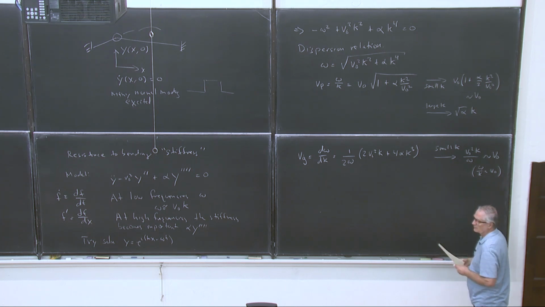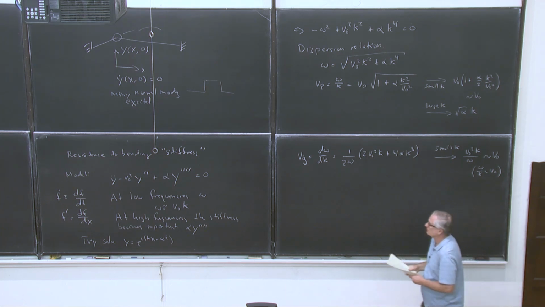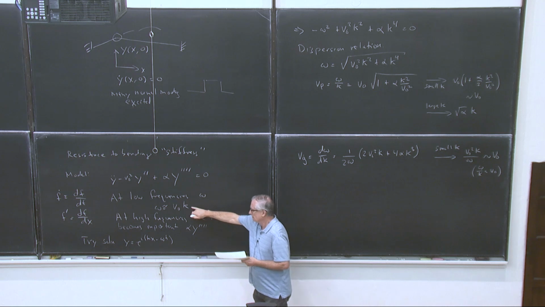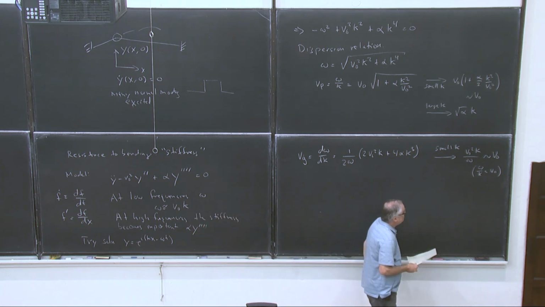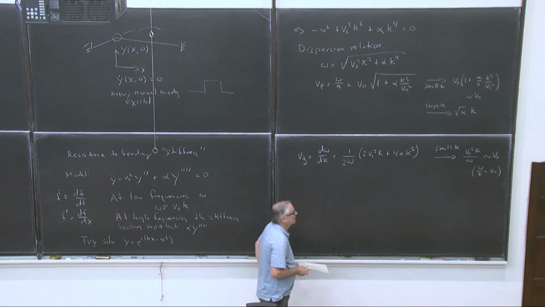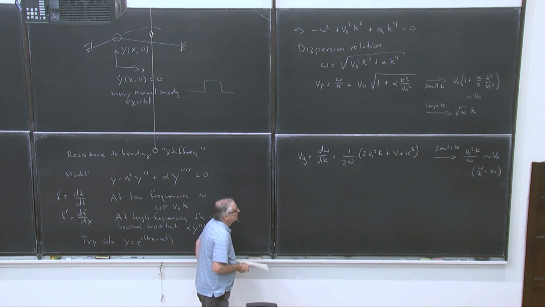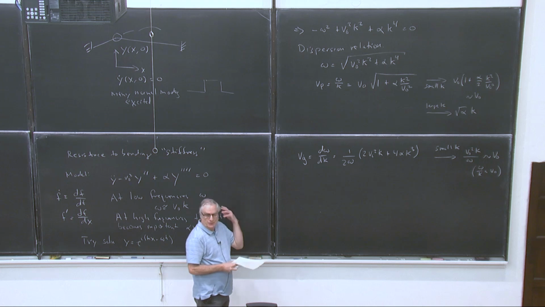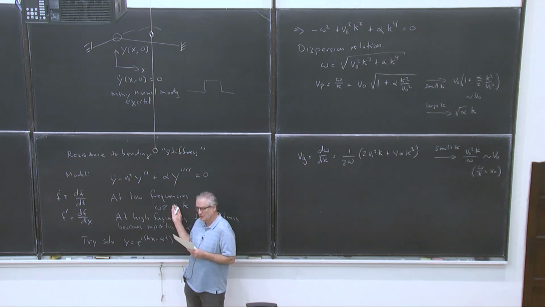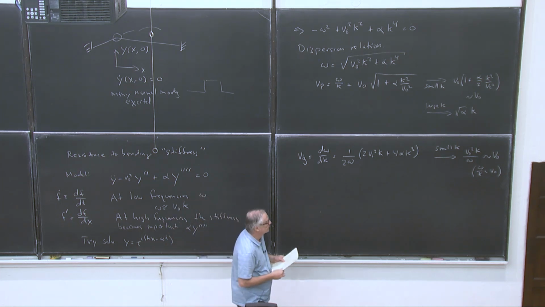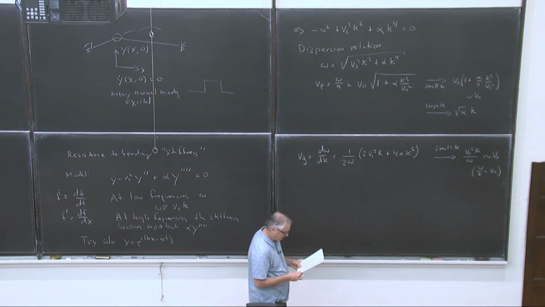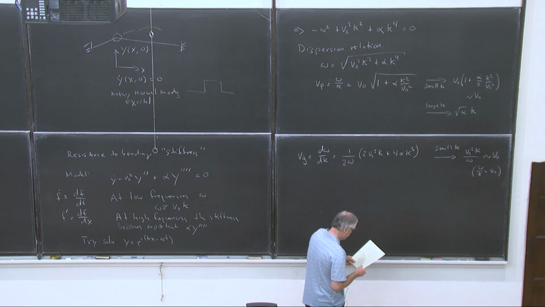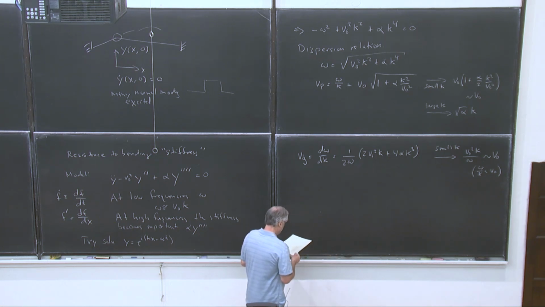Again, just noting that that's consistent with that. So the low frequency behavior with a stiffness term is behaving like we expected it to. v group and v phase are the same thing, and they're independent of frequency as the frequency becomes small. For large k,